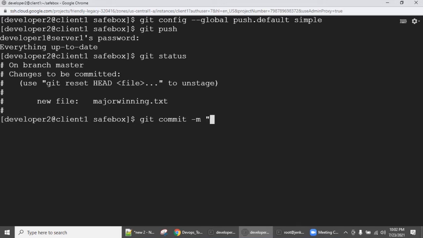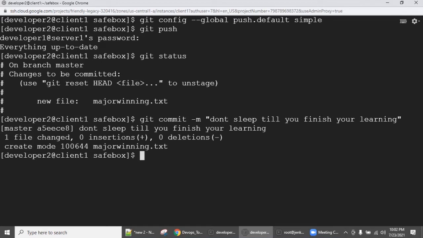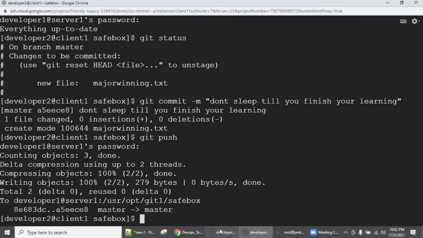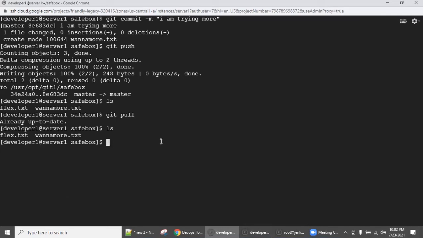Again I'm running the same command, so we don't need to type it. Commit. Enter. Now you do a git push, CNL12345.